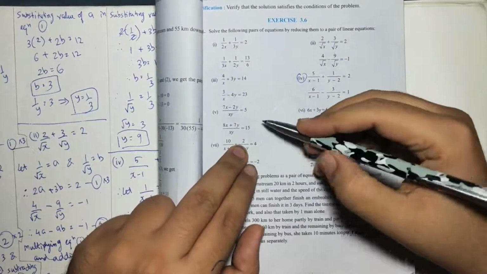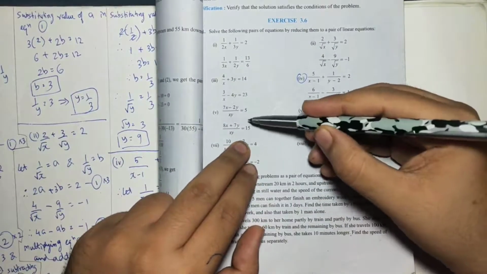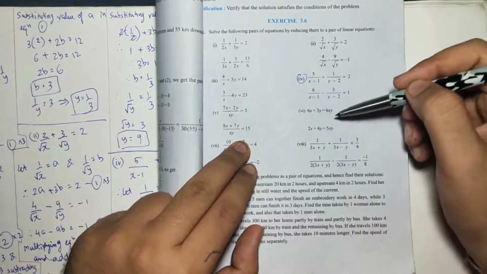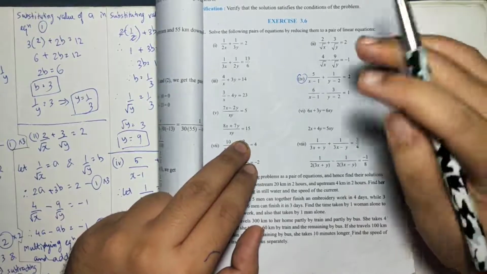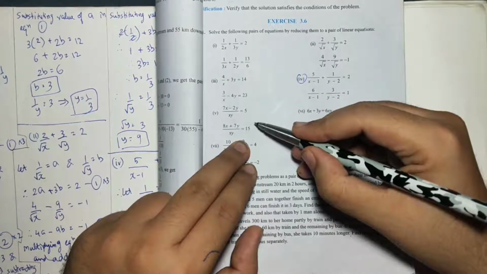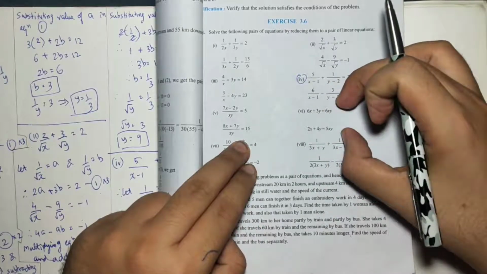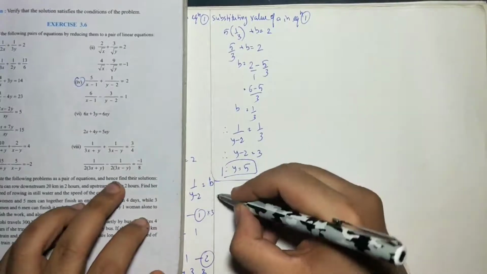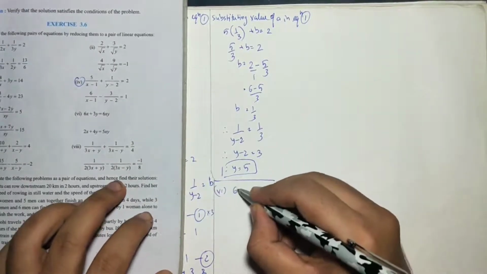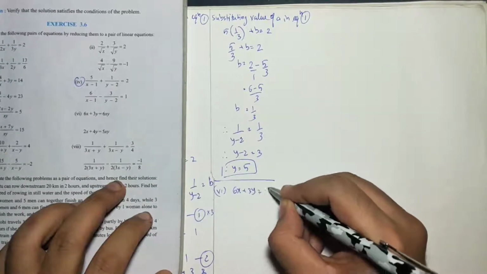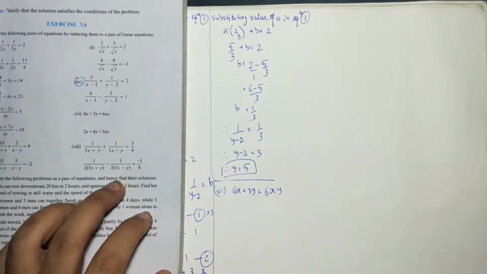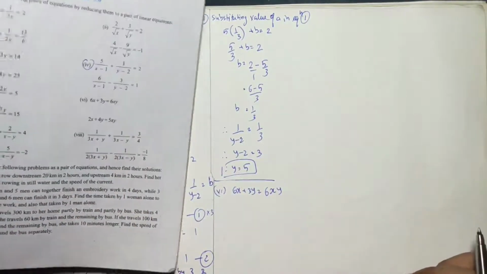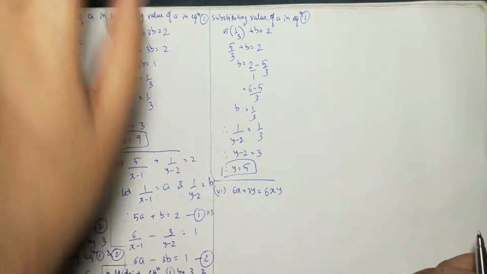Now the fifth sum. I know the fifth sum is not easy, but a similar sum is 6-1. So I will be doing 6-1 because in the sixth sum there is one extra step ahead of the fifth sum. So I will do the sixth sum, you will understand the fifth sum, and you will be able to solve it by yourself. Sixth sum: 6x plus 3y equals 6xy. The first equation given to us is 6x plus 3y equals 6xy.